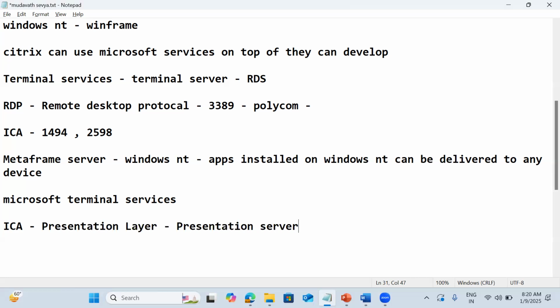They renamed it because ICA belongs to the presentation layer. Microsoft had terminal services with RDP, but ICA was a very unique proprietary protocol from Citrix with a lot of patents on it, and in order to respect that, Citrix renamed it Presentation Server.